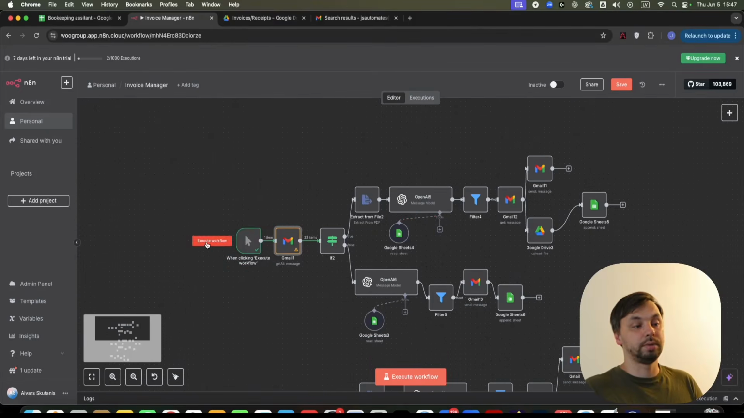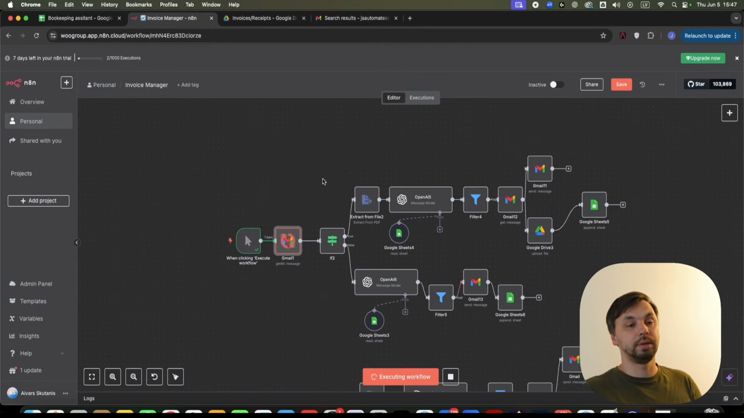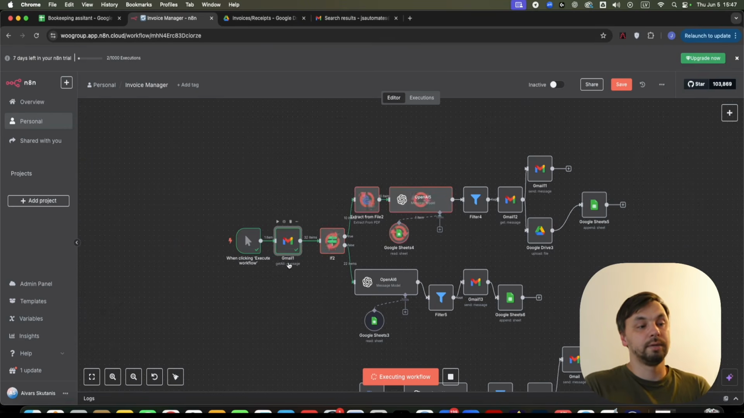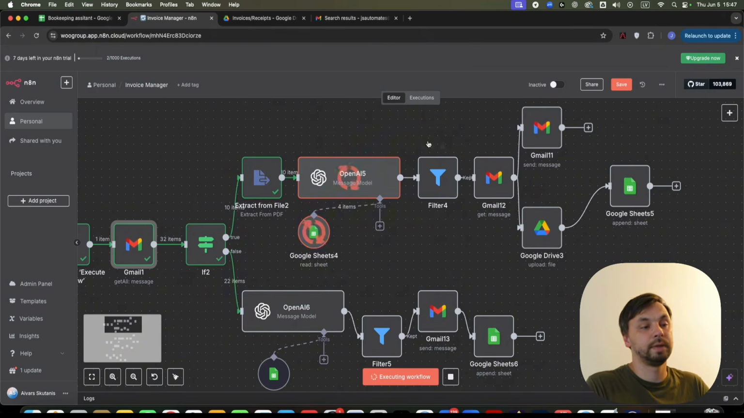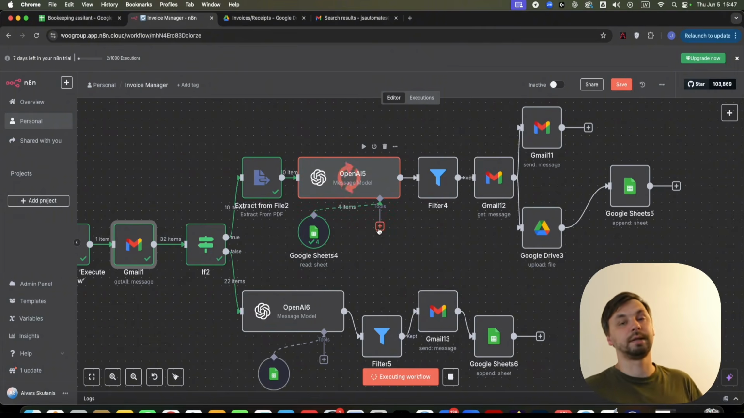Let me show you how this works. I'm going to run this upper part of the workflow. It now checks all my Gmail emails and filters them if they are invoice related, whether they have an attachment or not. Then ChatGPT analyzes the attachments, the subject, and the body of the email, and determines if